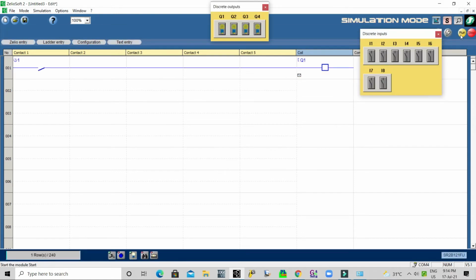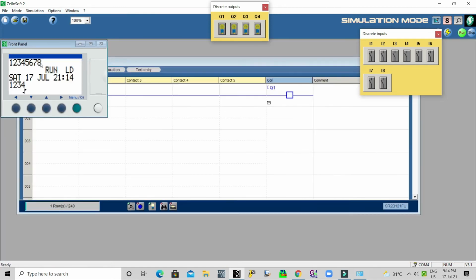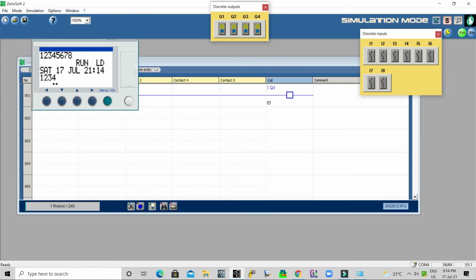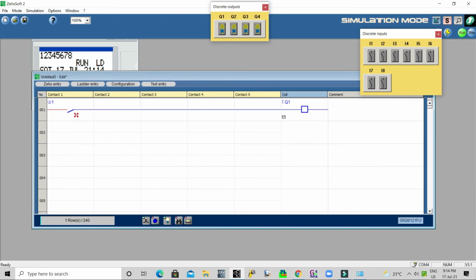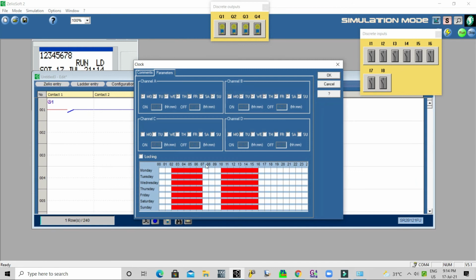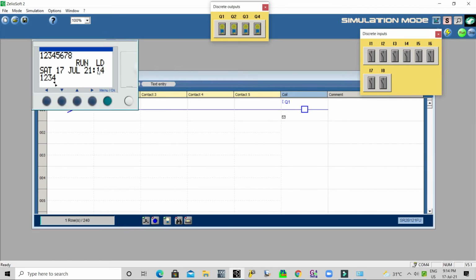Now we will see how this is working. As I told you, our timing is 2 to 7 and 10 to 16. Now we will check. Our current time is 21, so we will change our time to 6 o'clock.